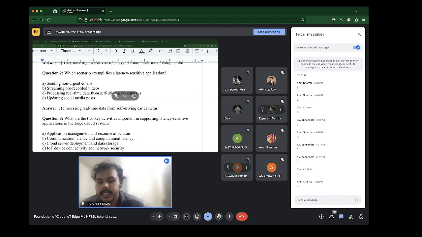Computational latency is the amount of time it may take to do some amount of computation. Communication latency, on the other hand, would be how much time it may take to actually communicate the results of the computation. Both of these put together will impact the latency of your application. So C and D also indirectly may impact these two parameters. But if you want to see directly what the two key activities are, it is B.